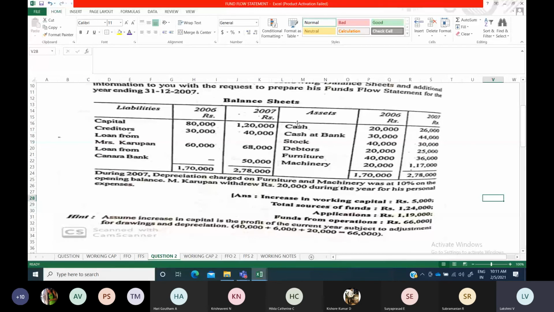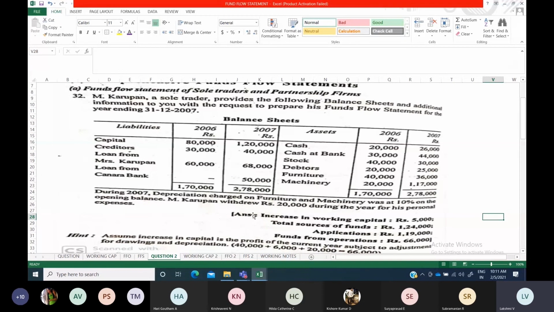Where to take the opening balance of cash from, you should know. And similarly, while verifying your assets and other items also, increase and decrease, you might get confused there. So here, what they have given is either shuffled or most probably in the same pattern only: previous year, current year, same pattern. At times you might get like that. So all those things also, you should carefully read the questions properly, whatever they have given. So better to go through the entire sum and then start to work out the problem. Each and every item you have to go through to see where it will appear.